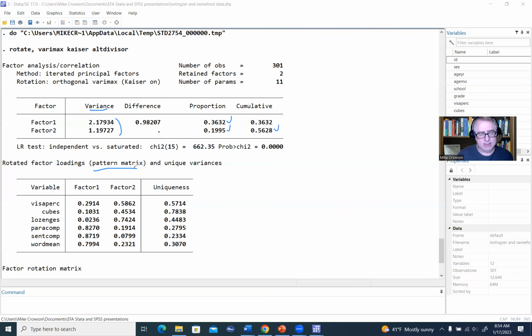Now, typically what we do is we adopt a minimum loading criteria on a given factor to basically say that if a measured variable correlates at that threshold or above with a given factor, then we use that variable to help in naming or describing or defining that particular factor. So as you're looking at this, there are various rules of thumb out there. The rule of thumb I typically use would be a factor loading of 0.40 or greater would be used as